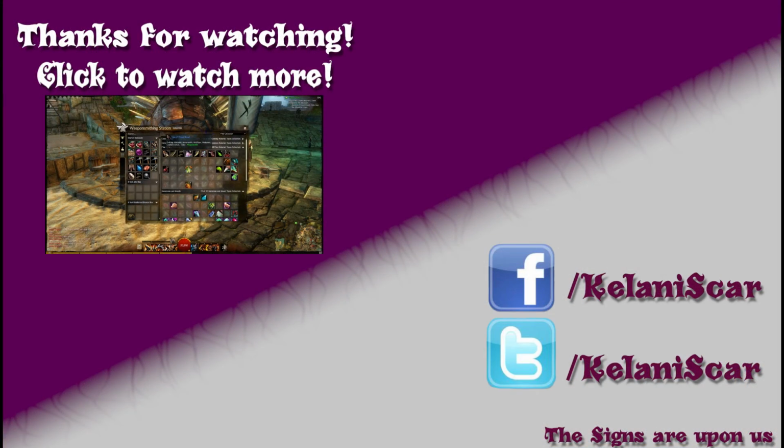Now, this should include Vial of Weak Blood, Bone Chip, Tiny Claw, Tiny Fang, Tiny Scale, Tiny Totem, and Tiny Venom Sac. Now, one thing that I will note is that in World v World,